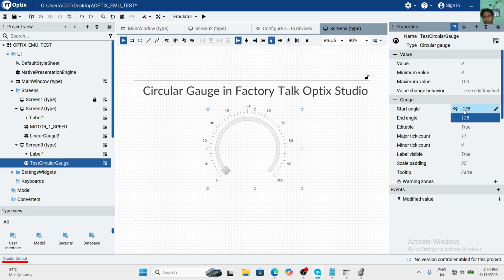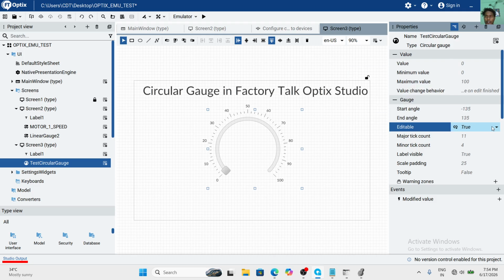From minus 135 to 135 it will be a circular gauge, but minus 180 to 180 will be a full circle gauge. Control Z, Control Z.